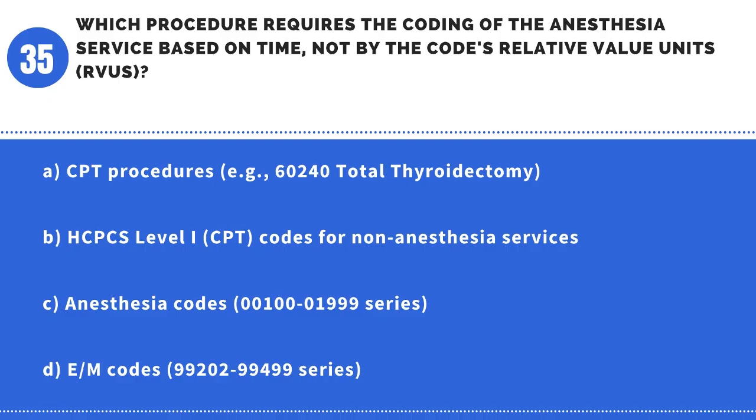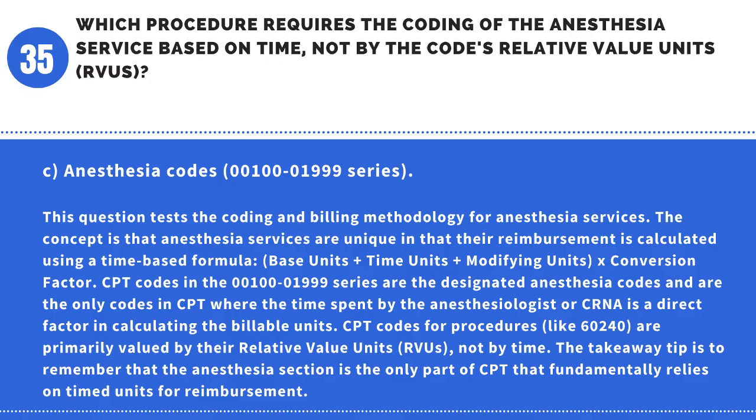Question 35. Which procedure requires the coding of the anesthesia service based on time, not by the code's relative value units, RVUs? A. CPT procedures, e.g., 60240 total thyroidectomy. B. HCPCS Level 1 CPT, codes for non-anesthesia services. C. Anesthesia codes, 00100-01999 series. D. E/M codes, 99202 to 99499 series. Answer. C. Anesthesia codes,